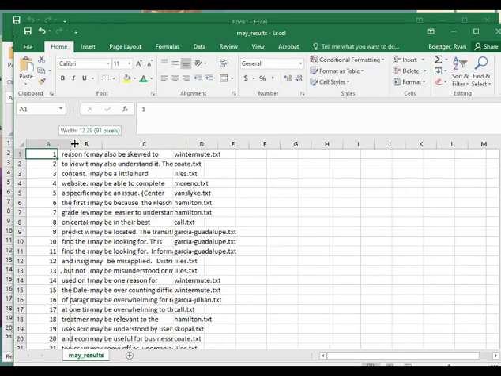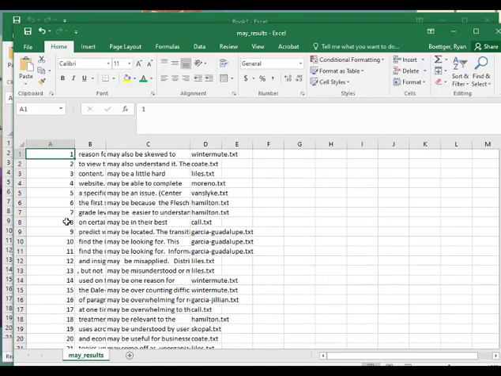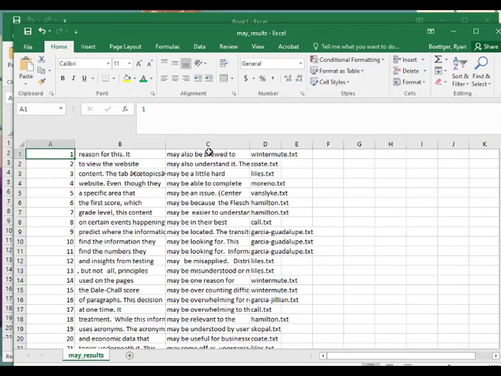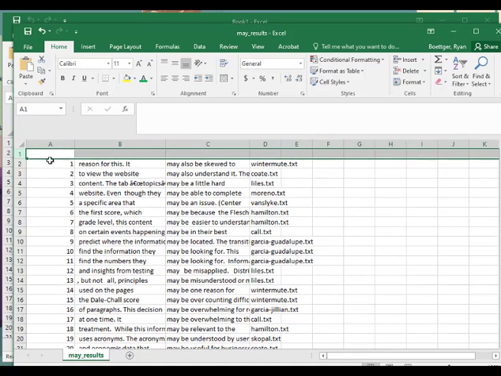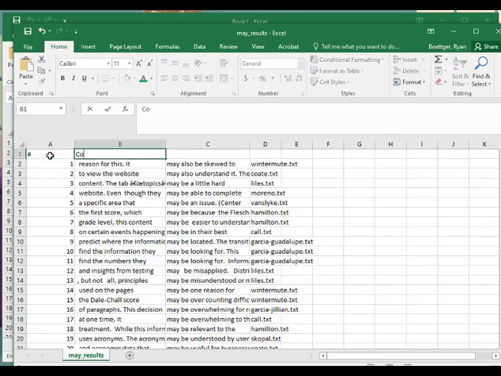And you can see here that it has all 39 instances of May, and you can see here that I've got the context here. If I wanted to stretch that out, it's got the May source word here, and then it's got the text that it came from. And from here, I can go ahead and insert column, and I can label things. So if I wanted to call this hit number, I wanted to call this context, if I wanted to call this hedge, I wanted to call this the text that it came from, and let's say that I want to further classify it. I can type in a header for classification, go ahead and style this,